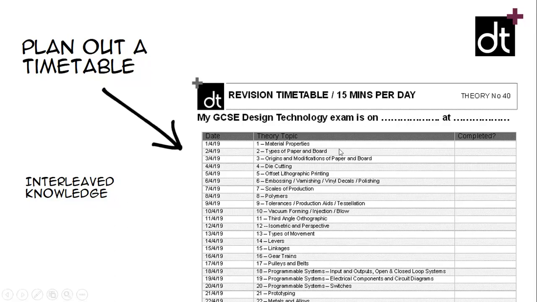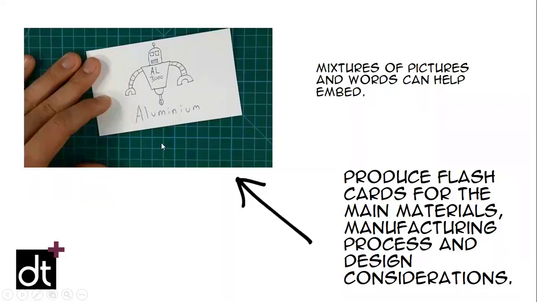So we are going to have to do something with this information. So highlight, read, reread is fine, but it's not all you have to do. When you've produced this timetable, I would like you to think about or to consider producing flashcards. Now, a mixture of pictures and words can help to embed knowledge. So we've got a little robot of an aluminium robot, AL3000, which will help you link a picture,